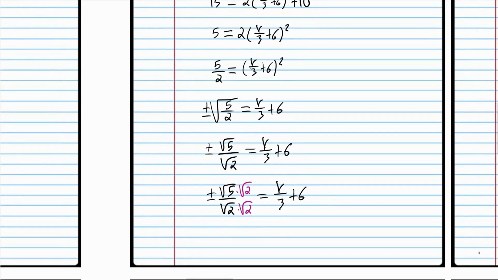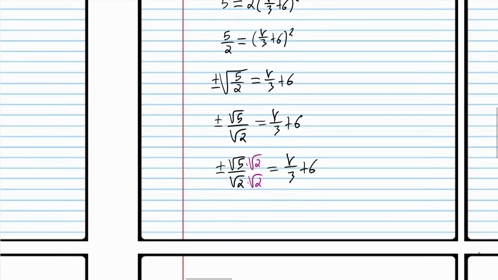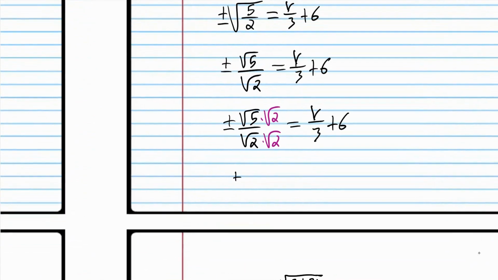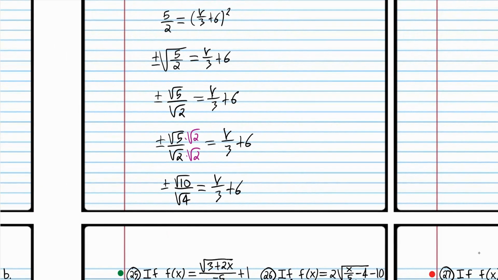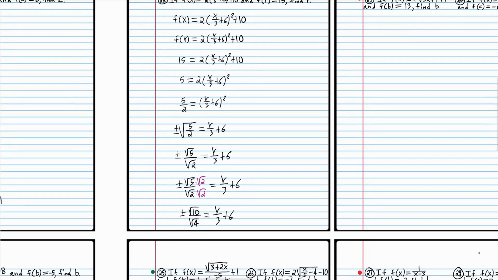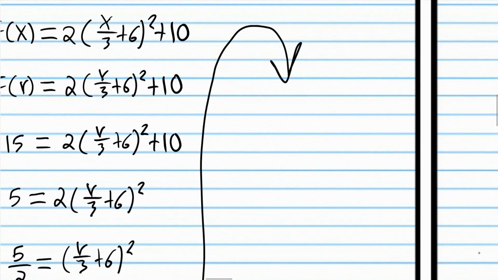So then we get plus or minus root 10 over root 4. And as you know, the square root of 4 is just 2, and that's why we did that. It's going to get rid of the root in the denominator. So now we have plus or minus the square root of 10 over 2